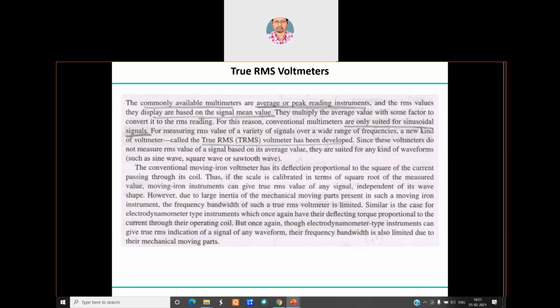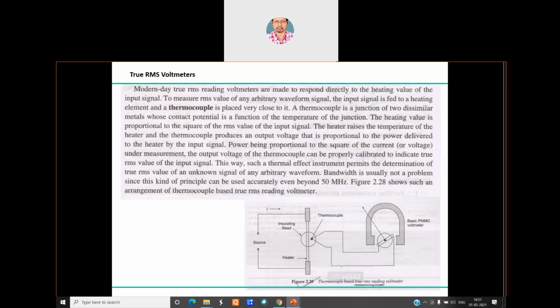Clear? So what exactly do we do in these kinds of instruments, how do we design this true RMS voltmeter, as you can see in this demonstration. We primarily use the thermocouple effect. We use the insulation board. We supply the current through the magnetic coil, and then through the conducting path, whenever it passes through the insulation board. A thermocouple point, you can see that black point, is the junction of two dissimilar materials. It is used to measure the least variation in heat.